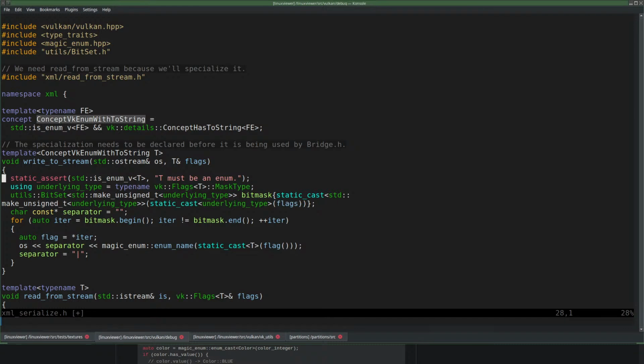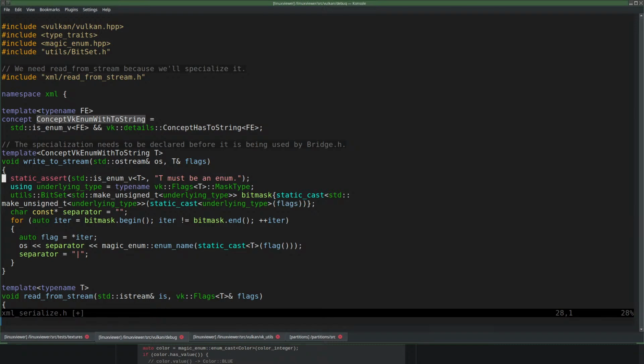For writing this would work, but it won't work for reading. That is, I don't think I can. Well, maybe I can.